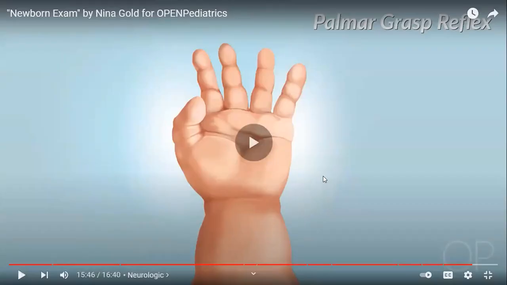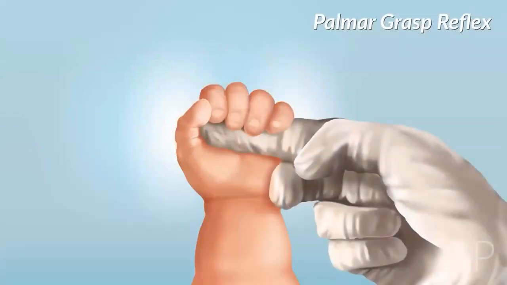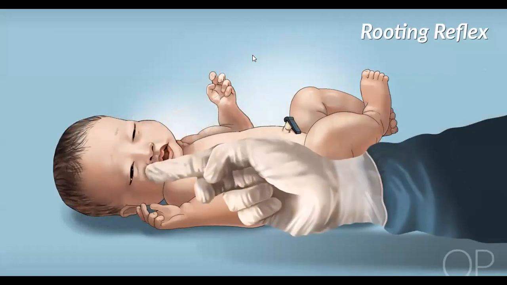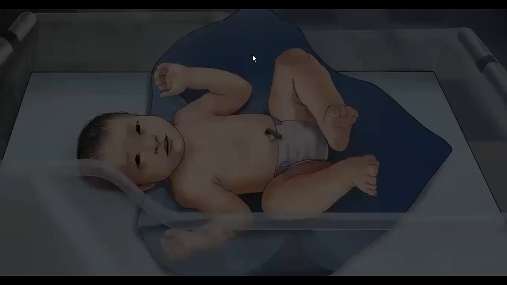The palmar grasp reflex is easily elicited by pushing your fingertip into the baby's palm, causing her to wrap her fingers around yours. The rooting reflex is evaluated by stroking the infant's cheek, leading her to start suckling her mouth in anticipation of a feed. After you have completed your